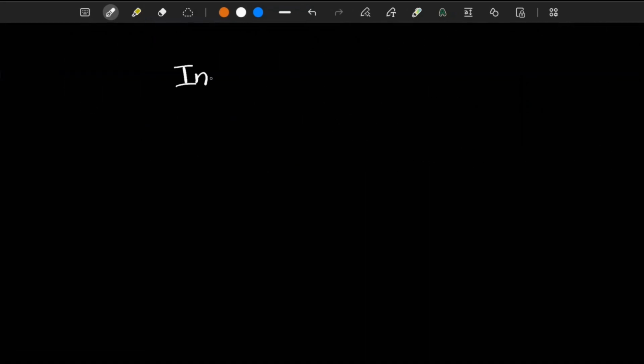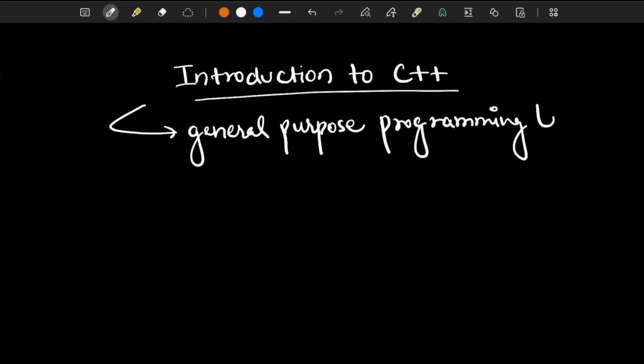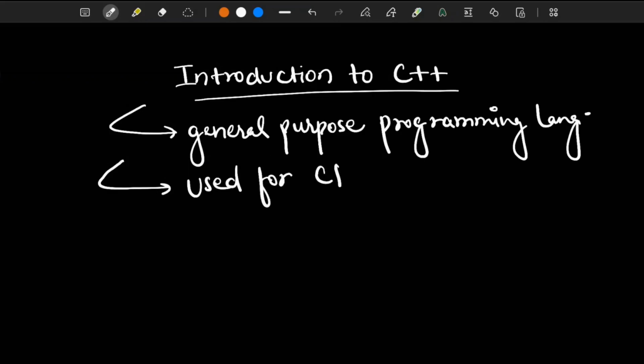Now we are moving towards the introduction to C++. C++ is a general purpose programming language, and nowadays it is widely used for competitive programming.